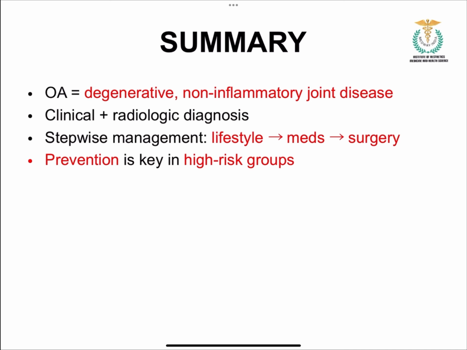And joint replacement has an excellent outcome in advanced disease. So if it is a severe case, then you can go for a joint replacement. The next most important point: prevention is the key in high risk groups. So you have to advise and educate the patient on how they can prevent getting the condition osteoarthritis. So this comes to the end of our topic,